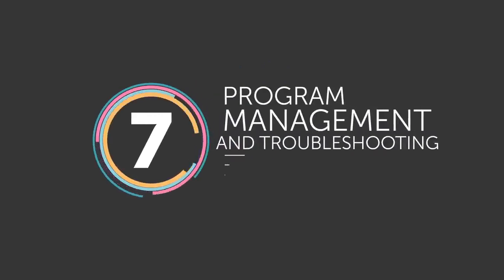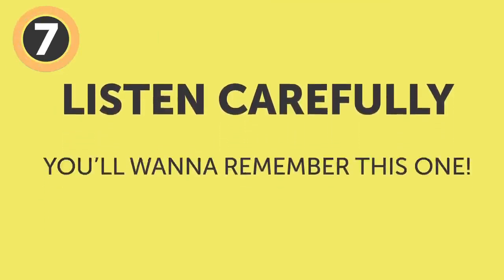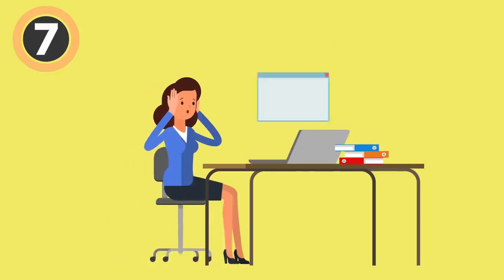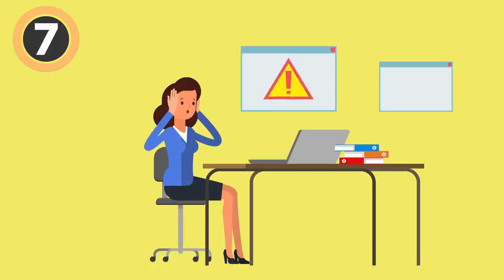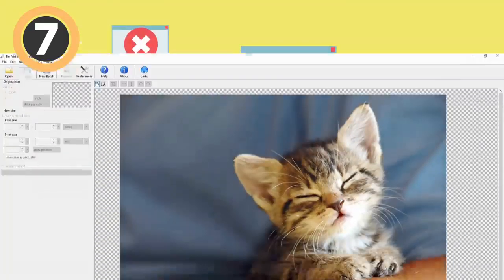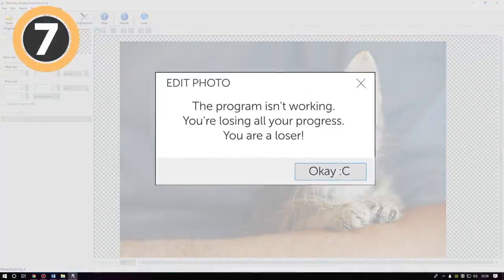Number 7. Program management and troubleshooting. Let's go shoot us some trouble. Now, listen carefully because you'll want to remember this one. Everyone's been there. One program is stuck and won't process anything, even if you cry, beg, or try to bribe it to do so. To avoid restarting your device and losing all your progress, try using the following combo: